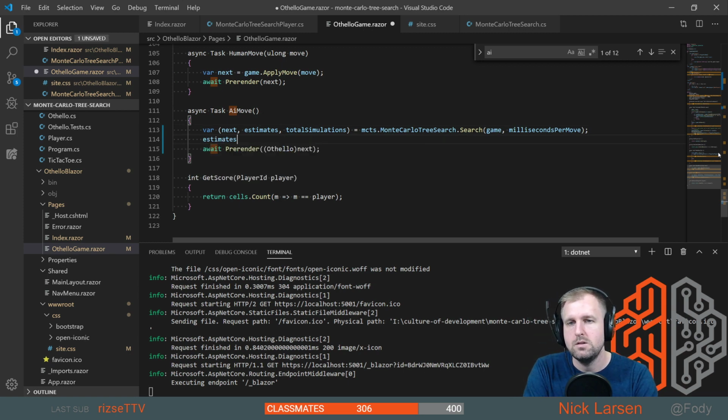Okay, AI values equals estimates dot to dictionary, m dot key and m dot pure